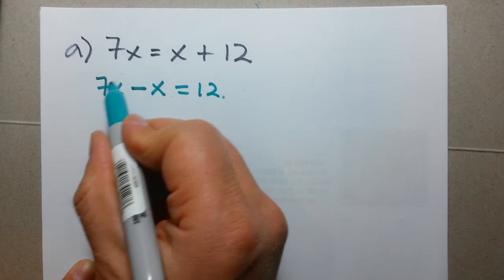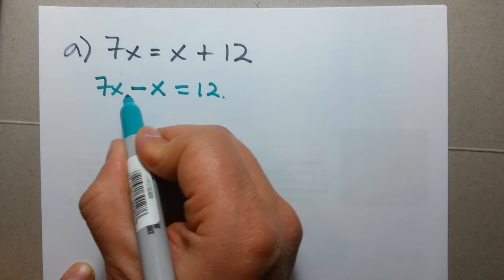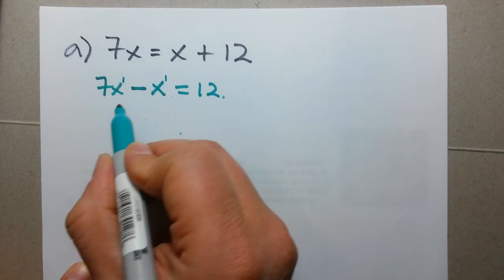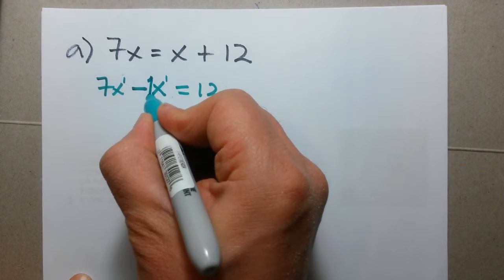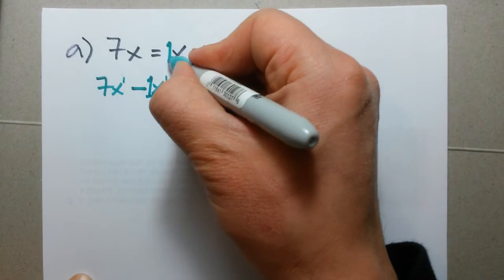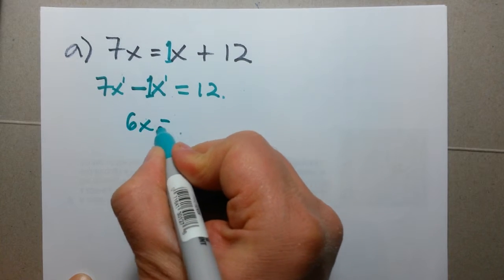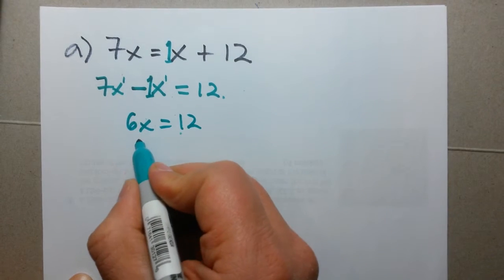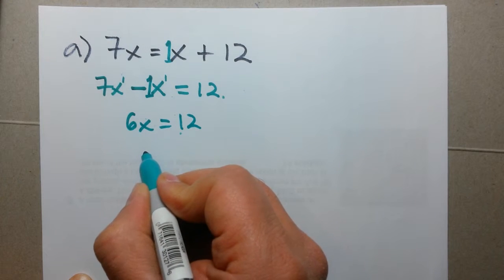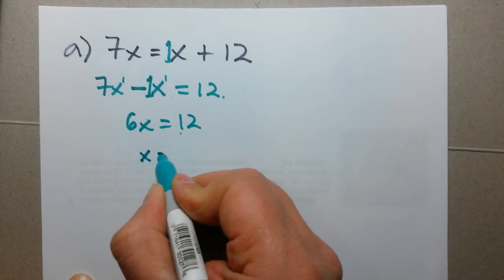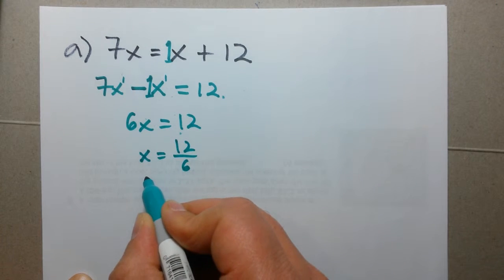Now we can collect like terms. Like terms have the same variable and same exponent. Same variable x here, exponent is 1, even though we don't write it. 7x minus x is really 7x minus 1x, if that helps you. You can put the 1 here as well. 7x minus 1x gives us 6x equals 12, and we need to get rid of the 6. 6 is multiplying, so it becomes division on the other side. So 12 divided by 6 gives us